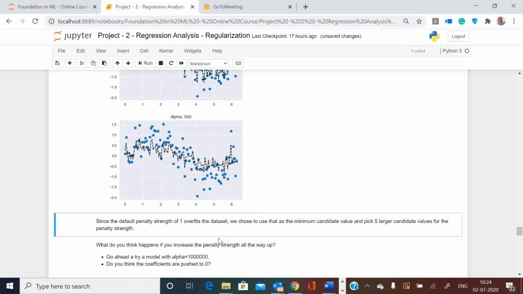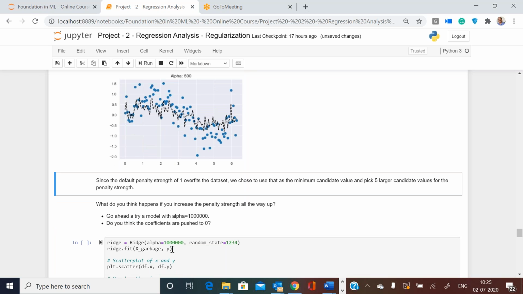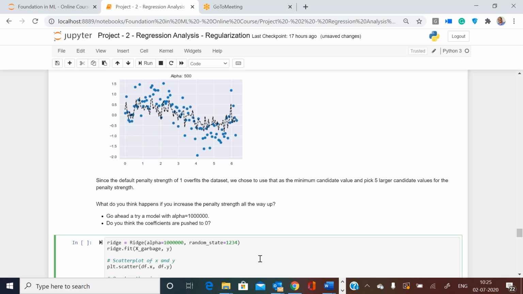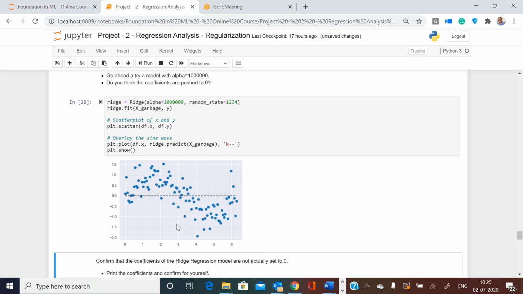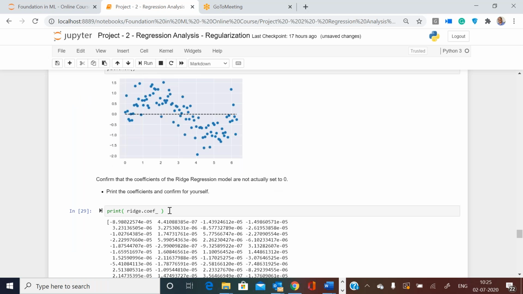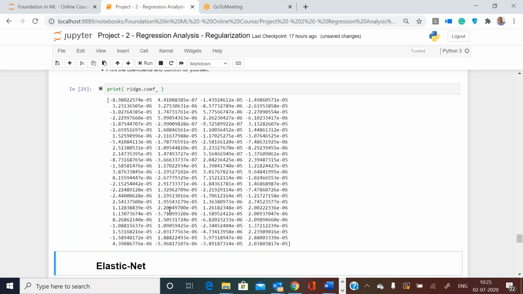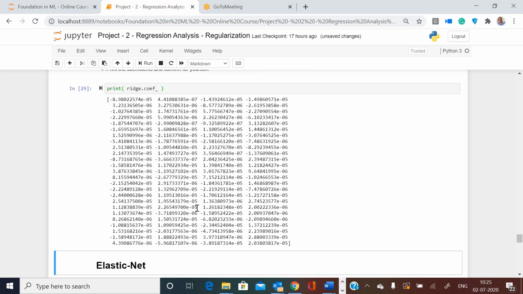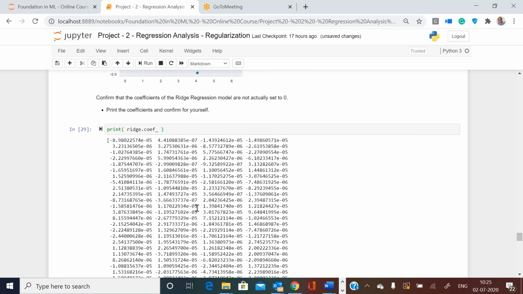Then let's say you got interested and want to see a big number. How much is this? 10 lakhs, 1 million, alpha equal to 1 million. If you look at the ridge coefficients now, nothing became 0. All of them are very, very close to 0, but nothing is 0.